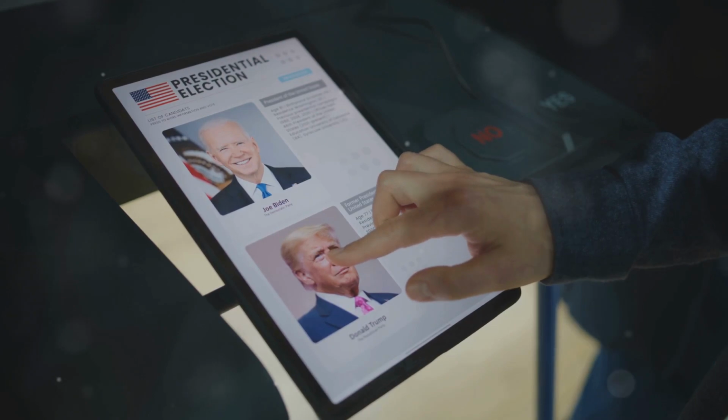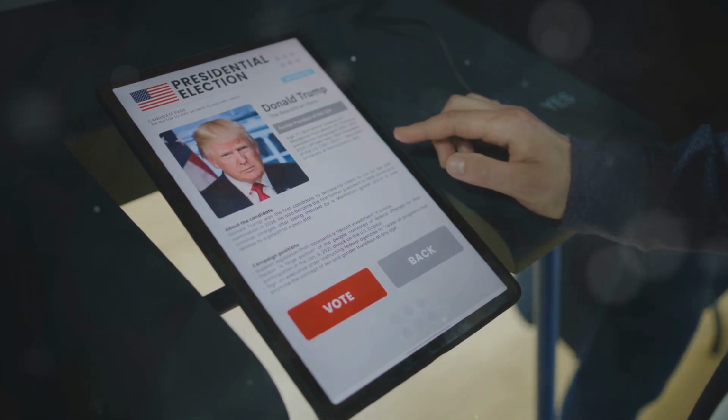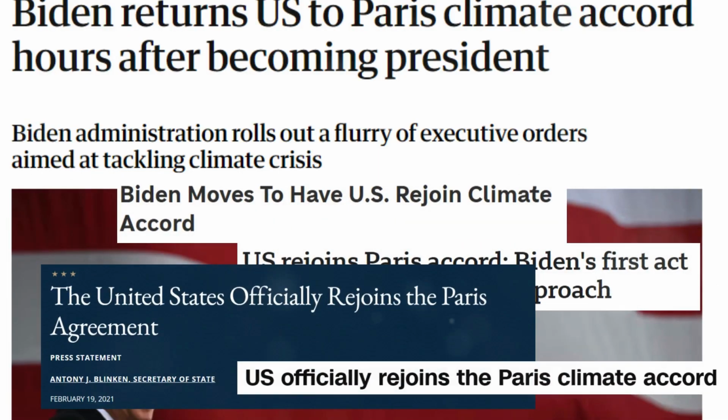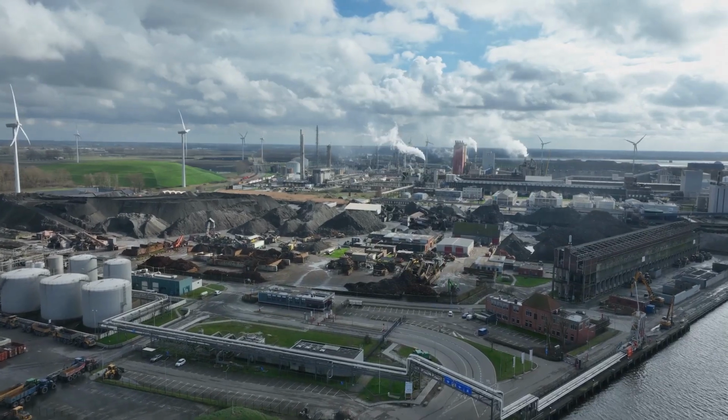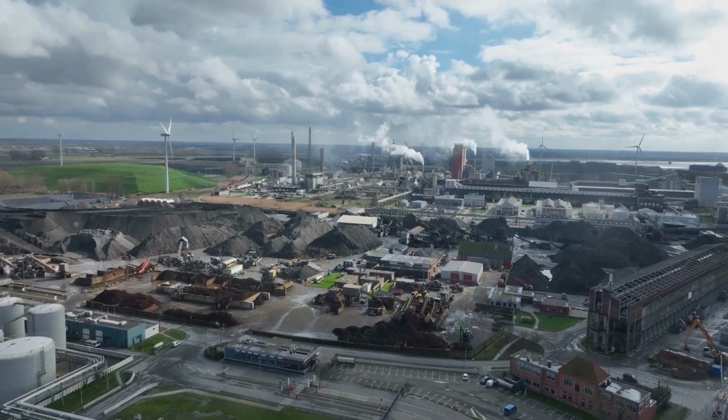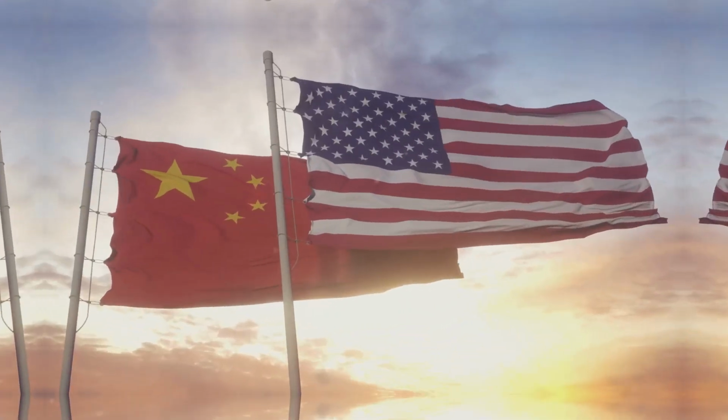Now let's discuss climate policy. The election of Joe Biden in 2020 marked a significant shift toward multilateralism and climate action. By rejoining the Paris Agreement, the Biden administration aimed to rally global cooperation. The Leaders' Climate Summit held in 2021 demonstrated how U.S. commitment can invigorate international efforts to combat climate change. Countries like China and India have responded by enhancing their own climate commitments, recognizing the influence of U.S. policy.